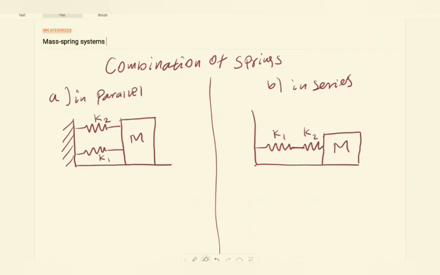Welcome back everyone. Now here I come back with the mass spring system. So mass spring system ላይ መርሳት ከሌለብን አንደኛው ነገር ቢኖር